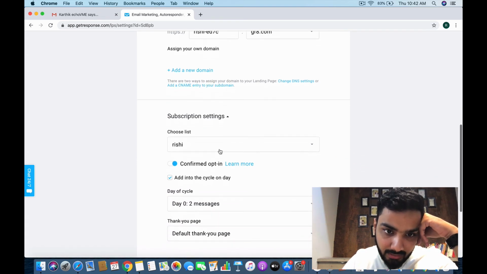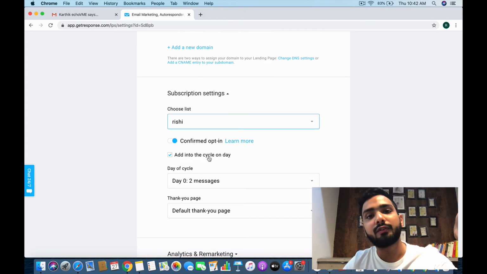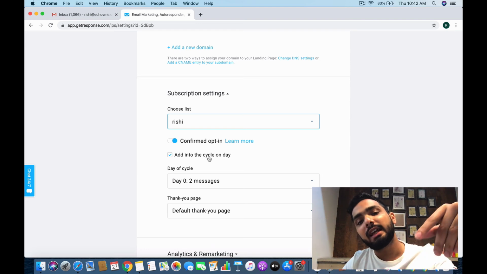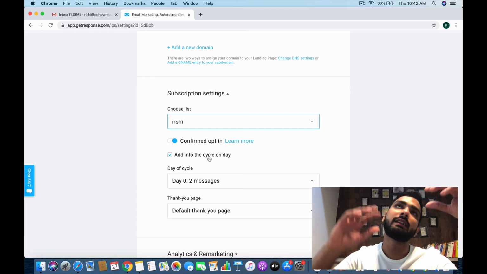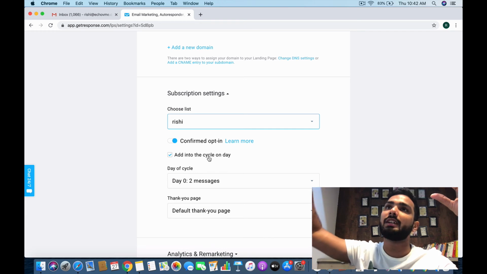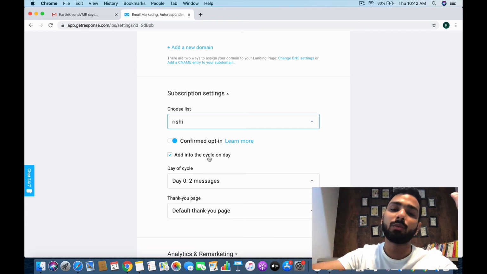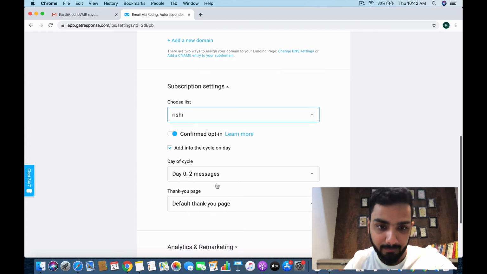URL landing page, right? Next, subscription settings, choose list. If there is a form over here, I can link it to the list, and the leads will start getting collected there, and then you can set up autoresponders as well. So you're connecting the landing page to your list, and then to your autoresponder and your newsletter. It's like an all-in-one tool that covers all the automation aspects of it, right?